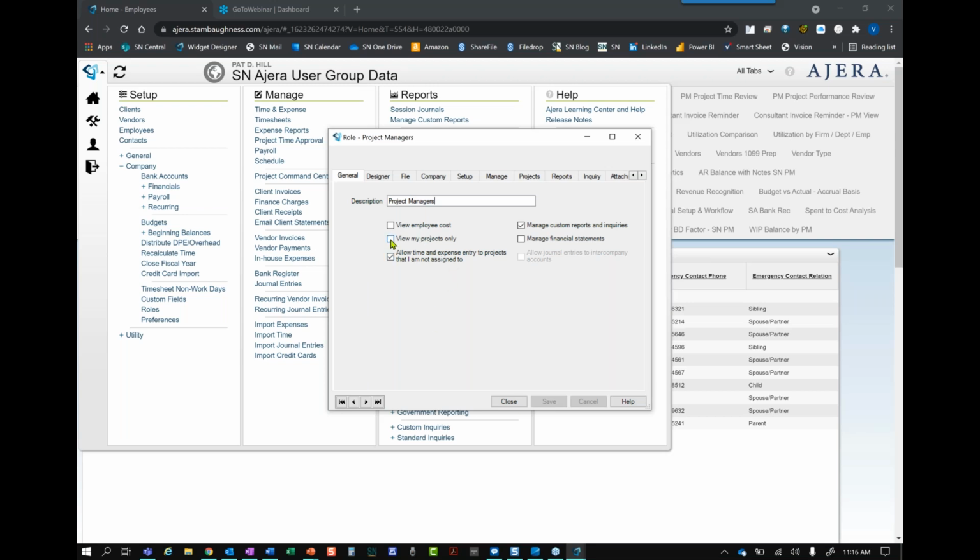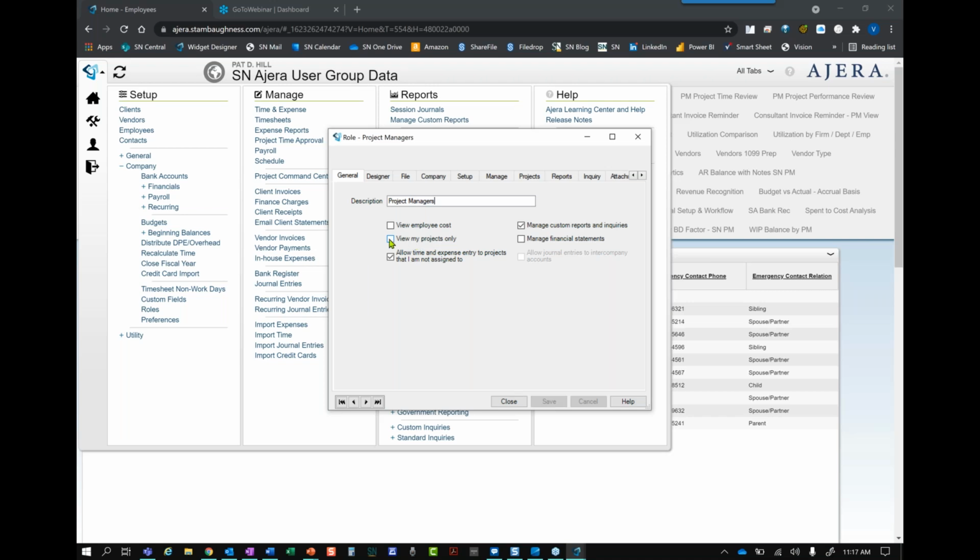So when we check this box here on the general tab, the first tab of our security role, it says view my projects only. And when it says my projects, that means if an employee is the project manager, the principal in charge, or the marketing contact on any phase of the project, they will be able to see that project in the project command center.